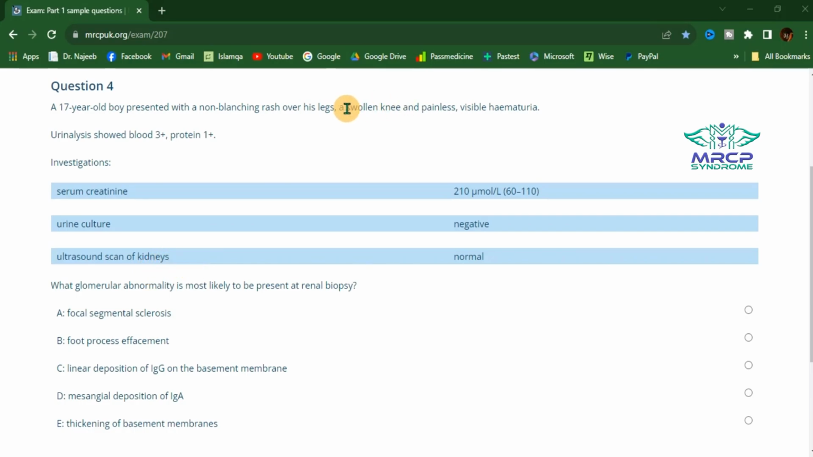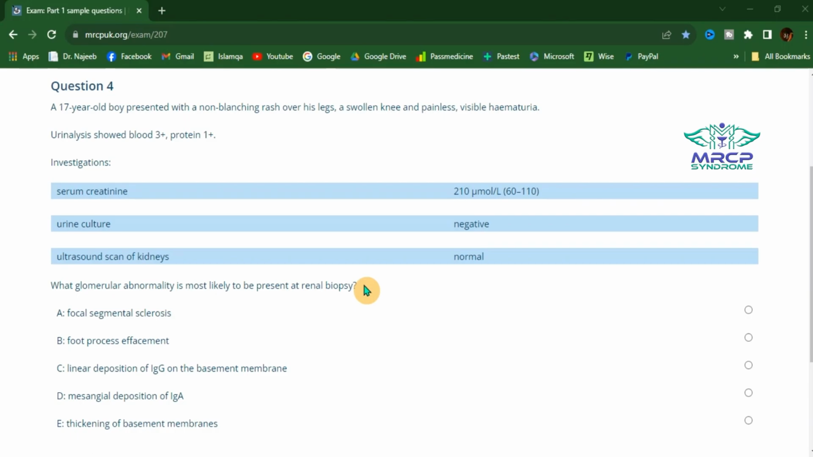Swollen knee is highly suggestive of underlying arthritis. Visible hematuria or gross hematuria along with renal impairment with negative urine culture is highly suggestive of underlying acute glomerulonephritis. So a young patient with the triad of rash, arthritis and acute glomerulonephritis, and this triad is the typical presentation of IgA vasculitis. So now we should focus on the most likely glomerular abnormality to be present at renal biopsy